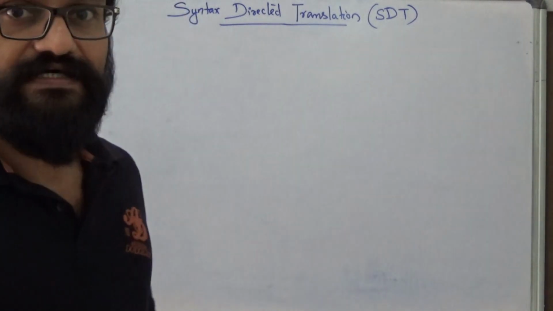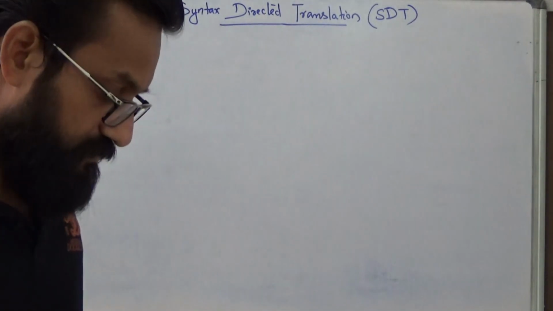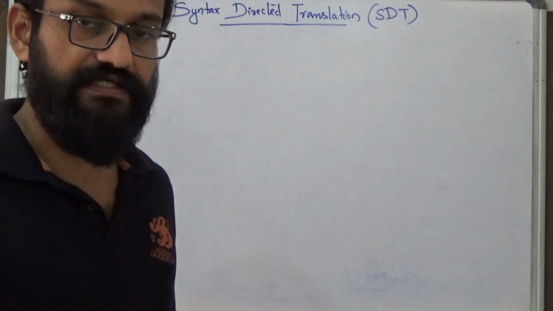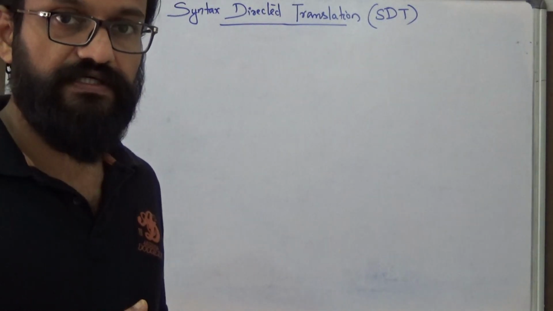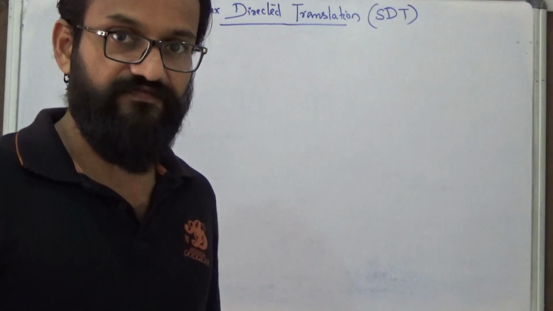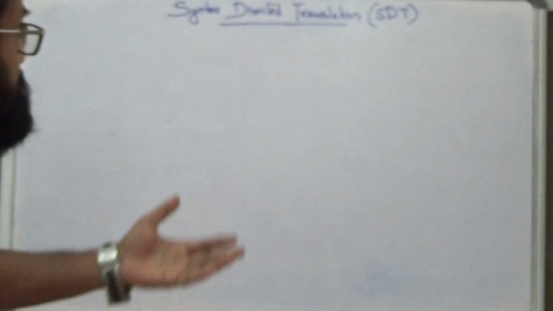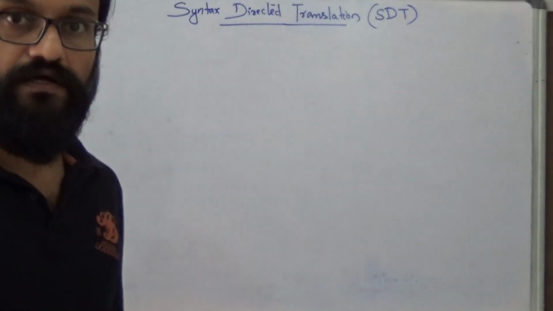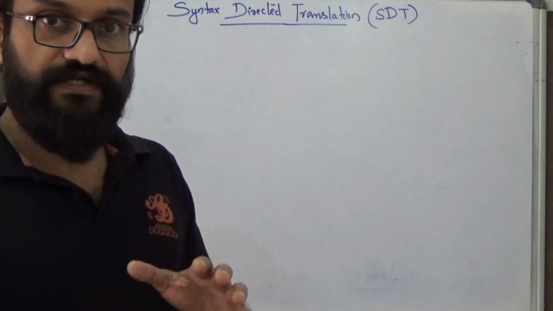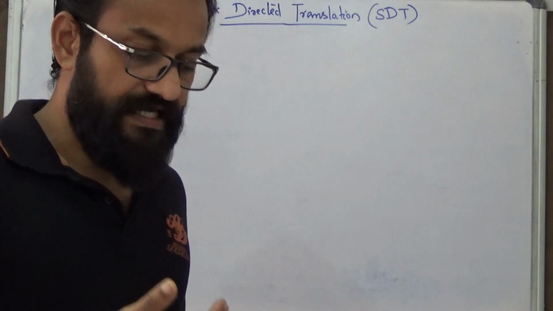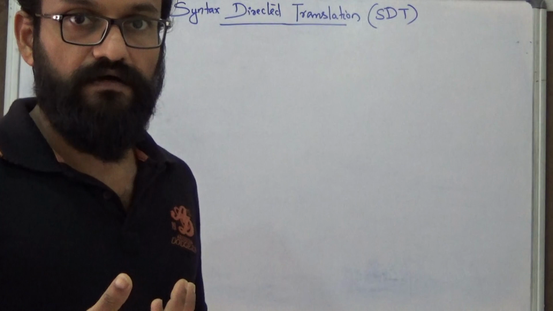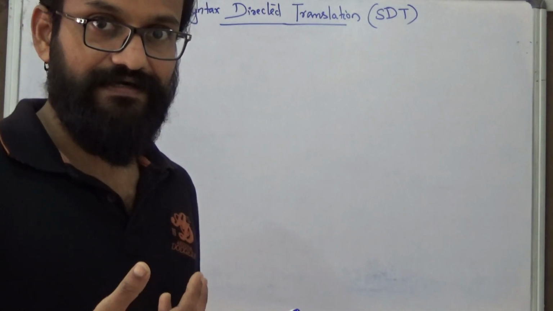This lecture deals with syntax-directed translation. If we talk about syntax-directed translation and syntax-directed definition, these are actually used in the semantic analysis phase and the intermediate code generation phase. So these schemes, or these representations, can be used to generate intermediate code, and that will be used by the intermediate code generator. And again, this can be used in the semantic analysis phase to check whether the semantics is correct or not.